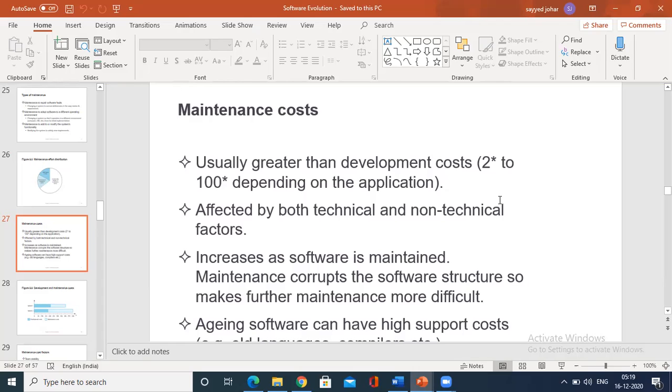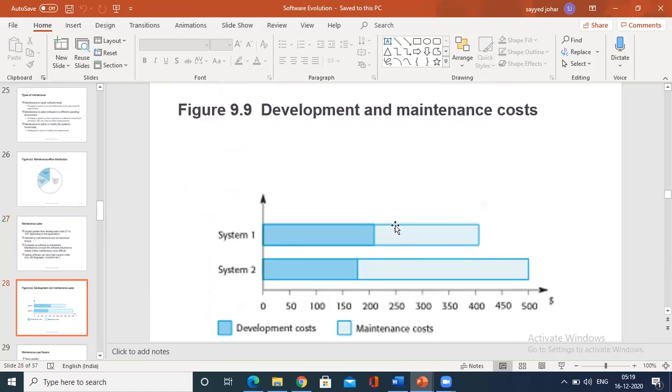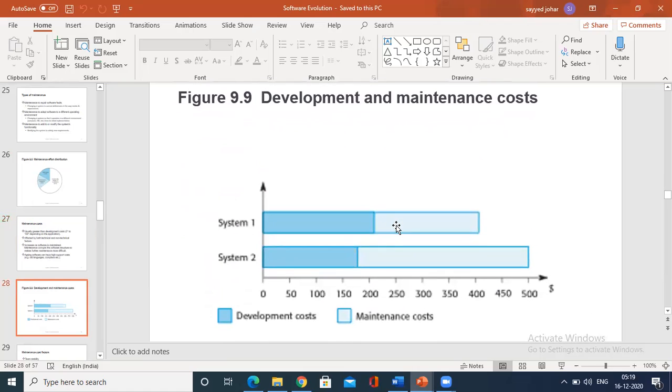First, we need to go through what is maintenance prediction. Last class I told you overall what maintenance prediction is, and this diagram represents how development and maintenance cost relate. You can see that in the case of system 1, development cost and maintenance cost are 50-50%, whereas in the case of system 2 we have only a small part with respect to the cost parameter.